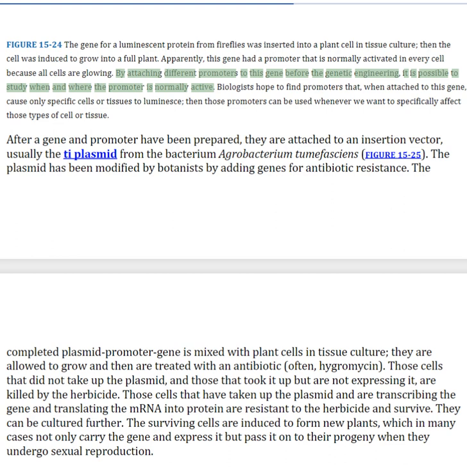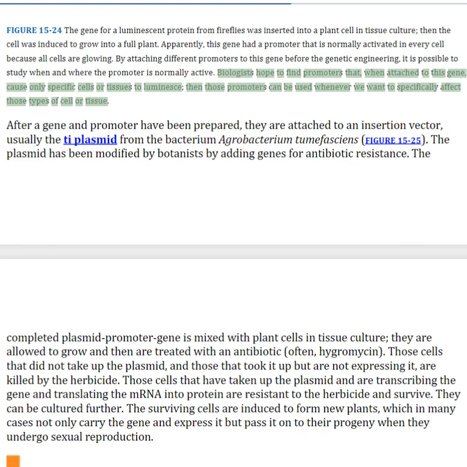By attaching different promoters to this gene before the genetic engineering, it is possible to study when and where the promoter is normally active. Biologists hope to find promoters that, when attached to this gene, cause only specific cells or tissues to luminesce, then those promoters can be used whenever we want to specifically affect those types of cell or